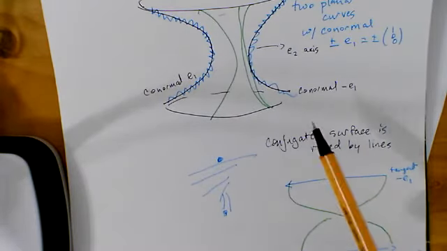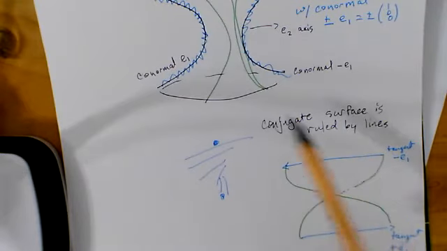So this is really one way to see that the conjugate surface to a catenoid must in fact be the helicoid,